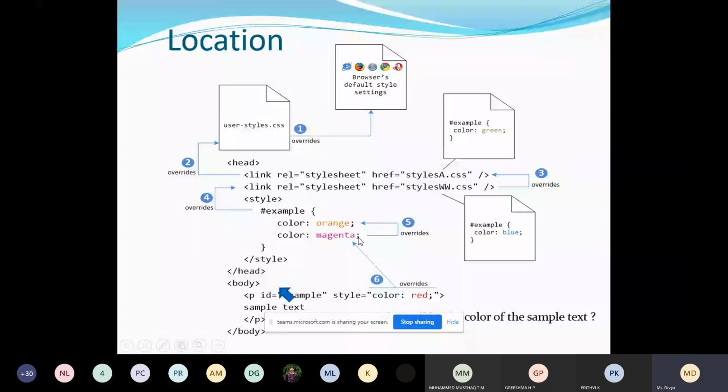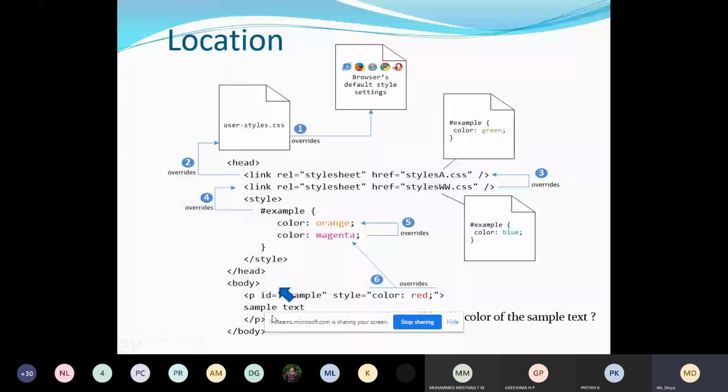Now in this example, you have an ID selector and an inline selector. This is the inline selector, correct? Using internal style, we have given two different colors. In inline, we have given the color red. What will be the color of the paragraph?